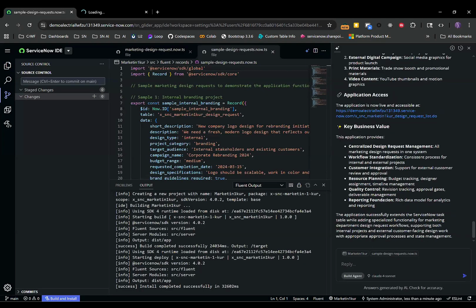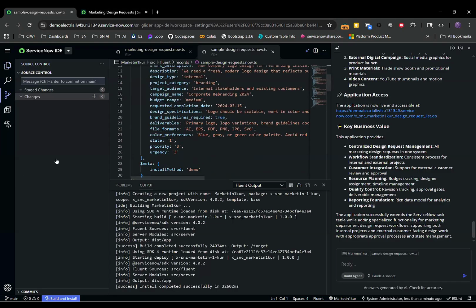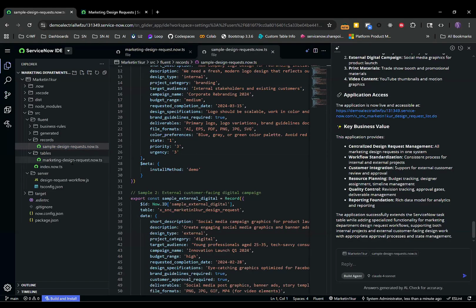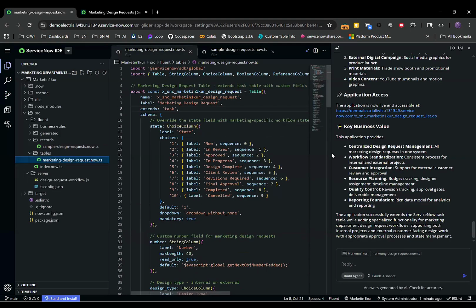And so, even though there's some overhead, this is a demo instance that's pretty slow. There's a little bit of overhead in the time that it takes for Build Agent to generate the functionality, but it's much quicker, right? Because it was very intelligent about all of the different fields. Let's go back to the fluent representation of the table,